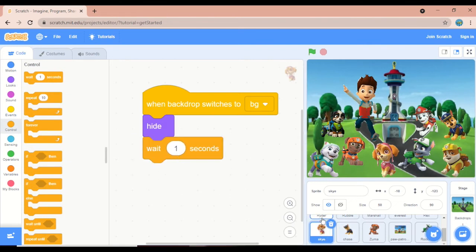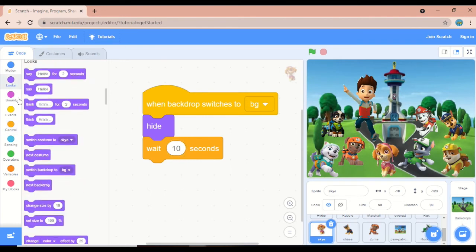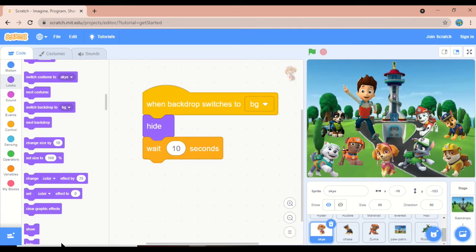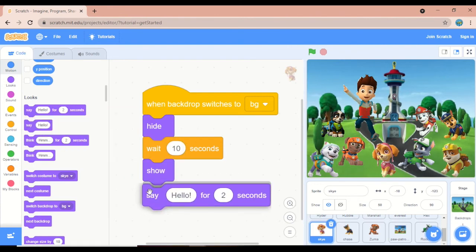So Rider 2, Rubble 2, so 2, 4, 6, 8, 10. So now we need to wait for 10 seconds. Like this you have to calculate the time and give it here. Then hide, you have to show them after that. Then it will say "Hi, I'm Sky."